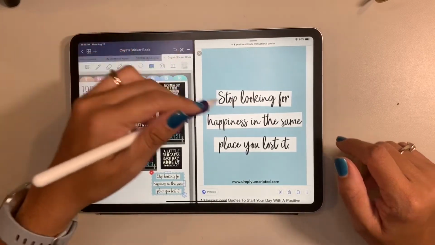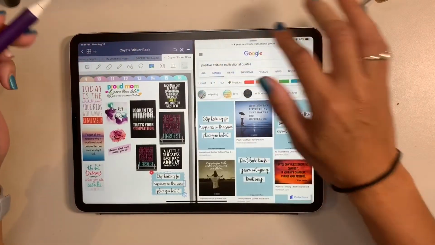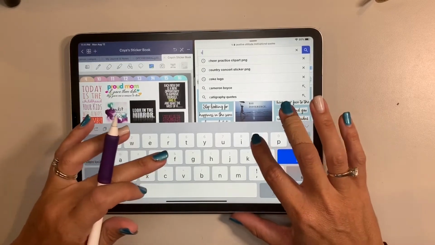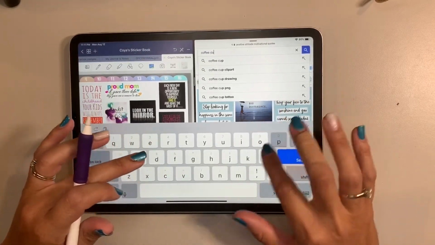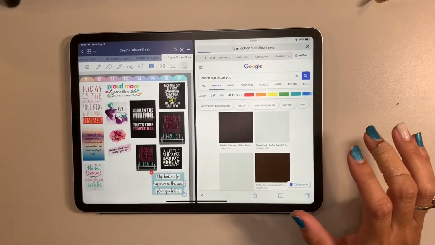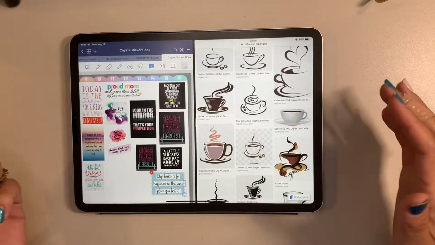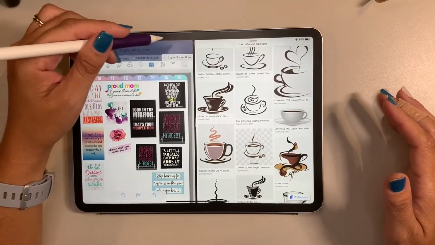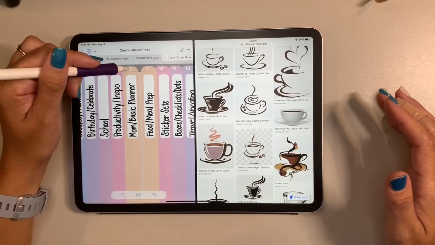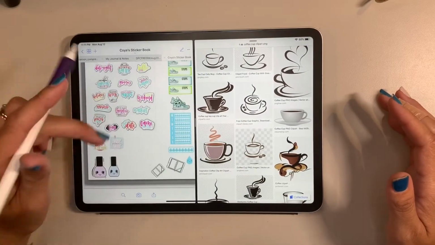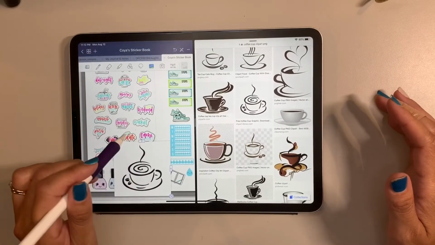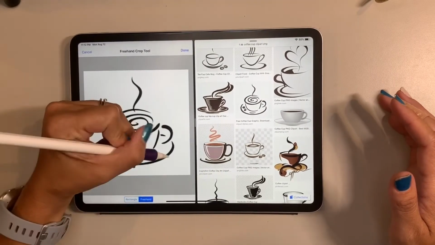Okay, so again, there's a lot of things you can find online, not just quotes. You can literally look for images. If you are a coffee drinker, you want a little coffee cup, you can put coffee cup. I like to use clip art and PNG because you want to try to get the transparent backgrounds. And look at all the variety of things that you could find. And again, I want to be able to put it in the right place. So we'll put that with like my mom basics, even though I'm not a coffee drinker. But let's say this image is cute. It would work in my planner. All that white space, I'd want to crop out. So I'm going to freehand that,